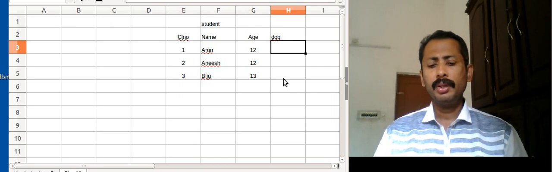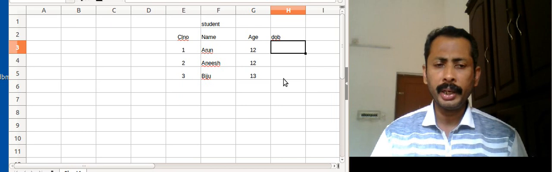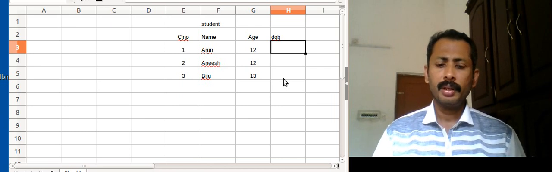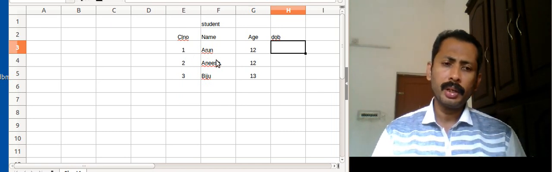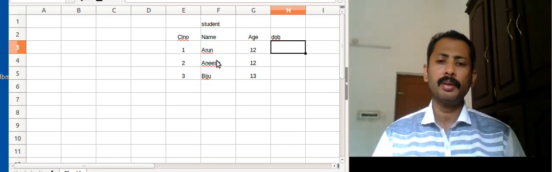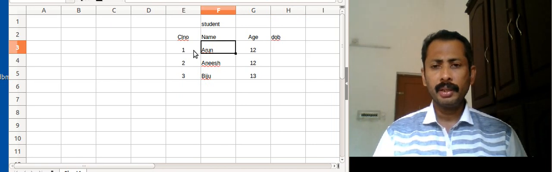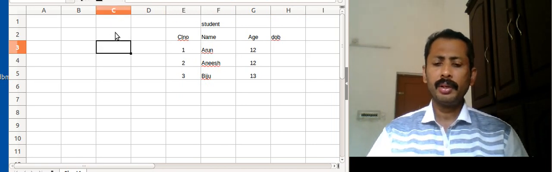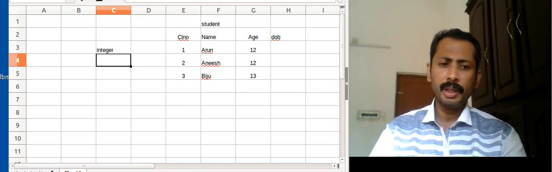Here comes the importance of these data types. The types of data stored in databases are called data types. So string is there, number is there. Normally we use integer for storing integers.